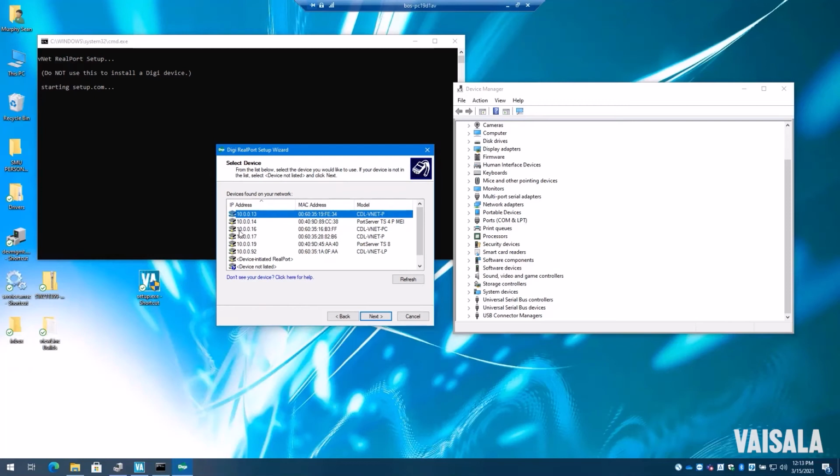So in most cases, your server is not going to be on the same subnet as your Digi devices or your VNet devices. So in a real world case, if you were to log in, you would not see anything listed on here because it would be outside of the range of the subnet for your server.